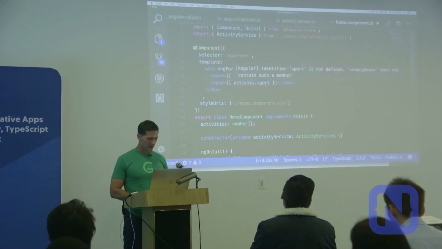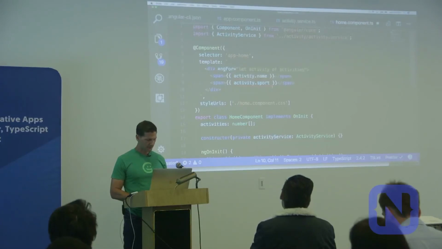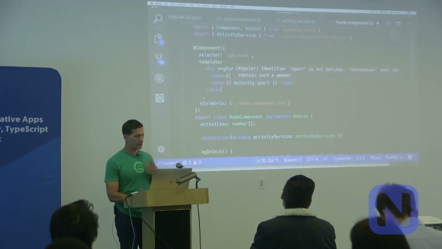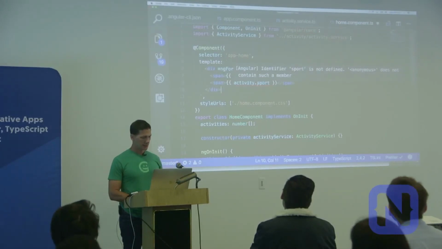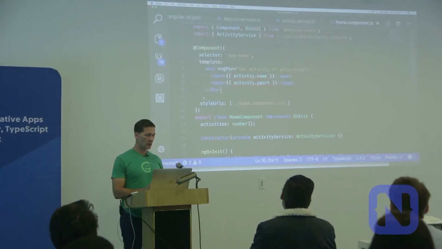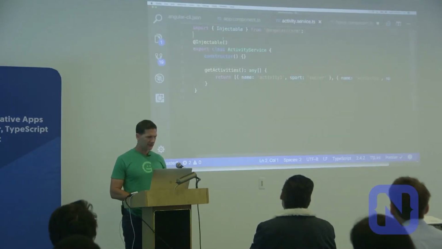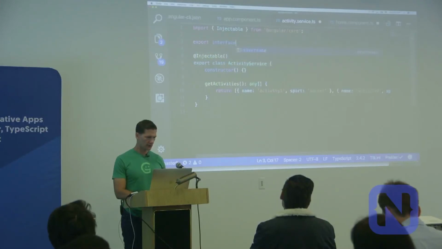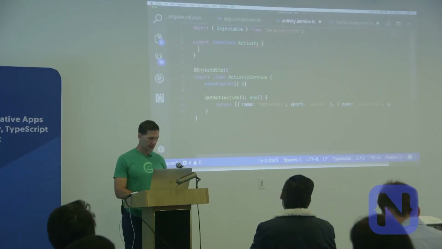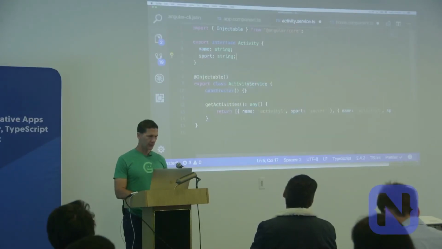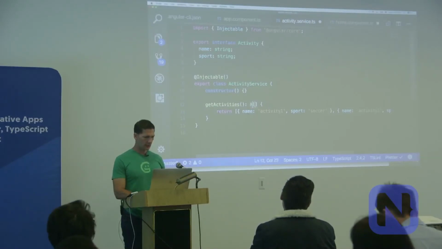So one thing, the reason why you'll see it's highlighted in red is because it doesn't know the type definition for an activity. I set it as any. So if I wanted to fix that, I have to define the interface. So let's do export interface activity, which has a name, string, and sport, string. And then instead of any, we could do activity.